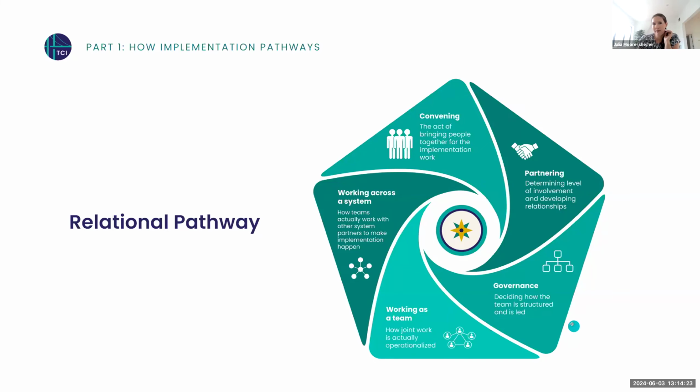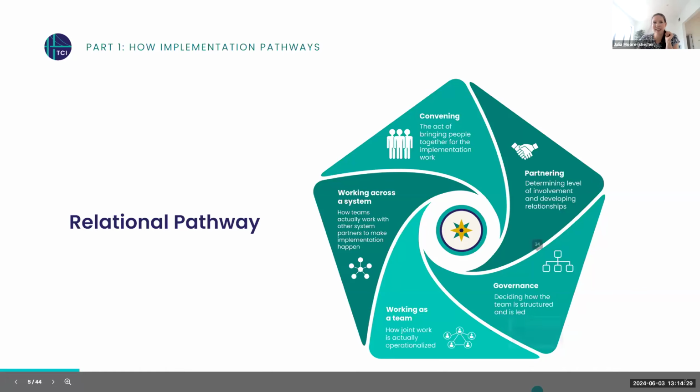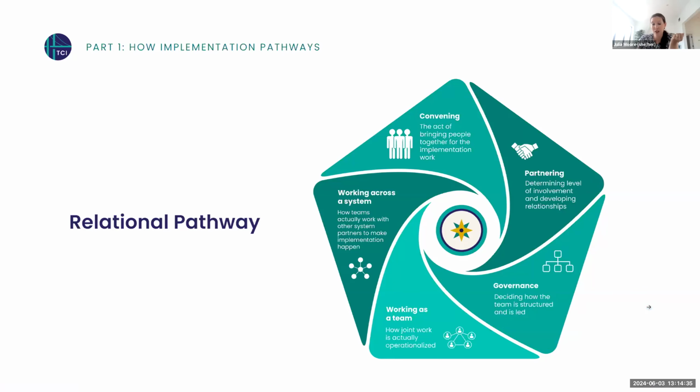Next, we have governance. I'm going to admit this is not my fave cup of tea. This is not where my brain goes. I'm not a governance person. But I recognize that if we don't clearly define things like how decisions are made, it means that we can end up in challenging situations. And so really clearly outlining how decisions are made, whether that's through memorandums of understanding or terms of references, can really be helpful, especially when we're bringing together large groups of people.